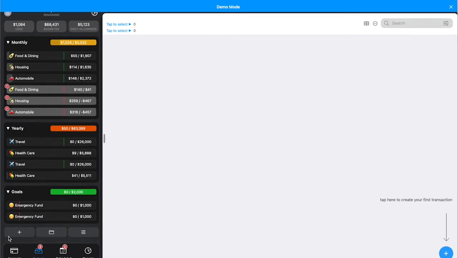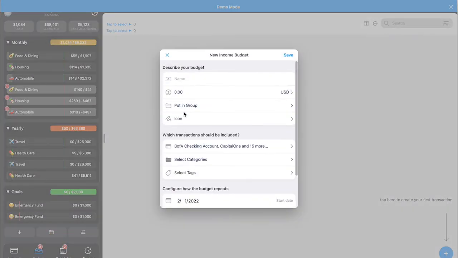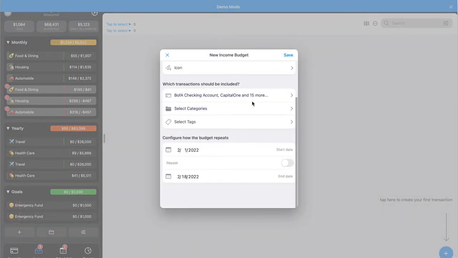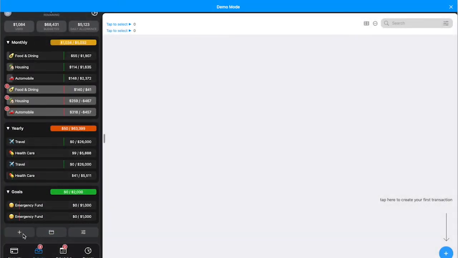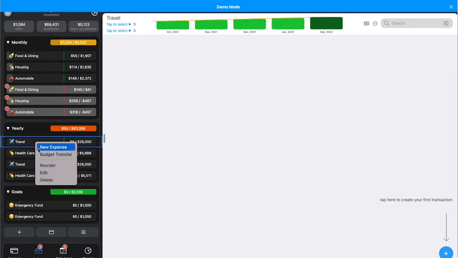So we have two types of budgets, either an expense budget or an income budget. An income budget is very nice because it counts up, and an expense budget counts downward. So if I create an income budget, I can now add money to the income. If I create an expense budget, like travel would be an expense budget, I can tell here by seeing new